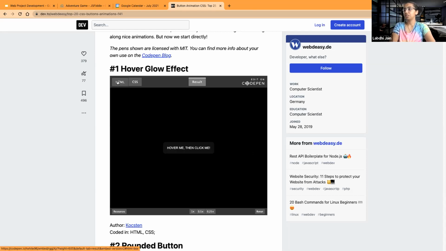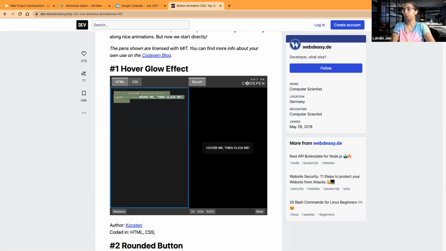If I click HTML over here, I see the code for the button, and all I have to do is add in the class glow-on-hover. So